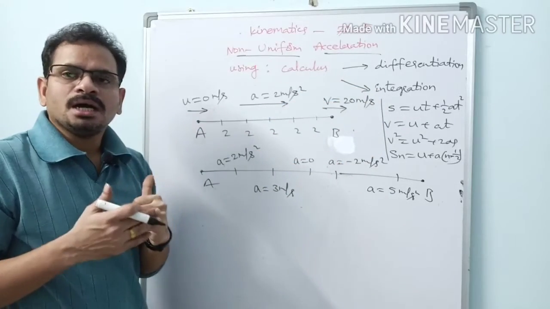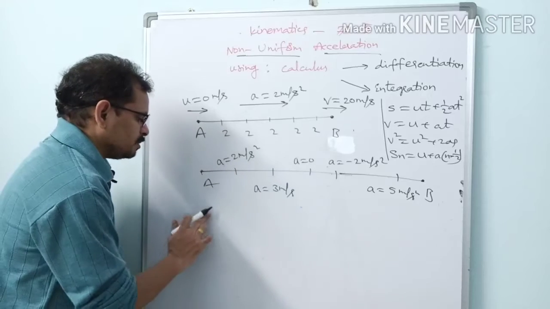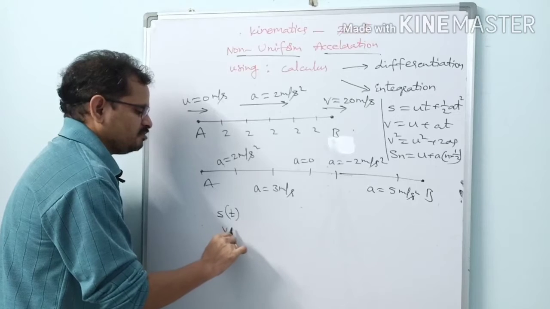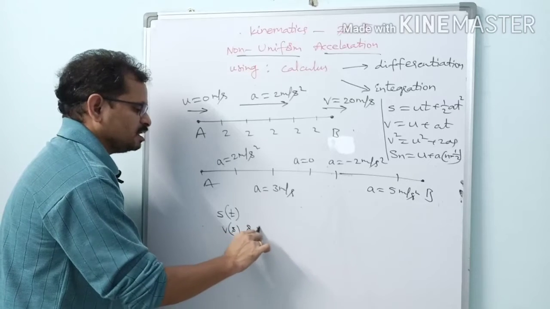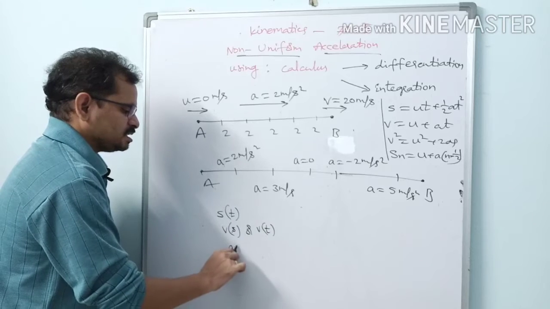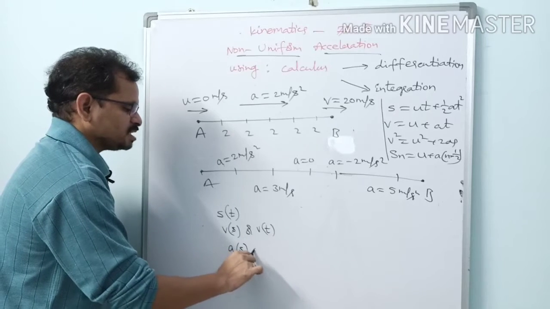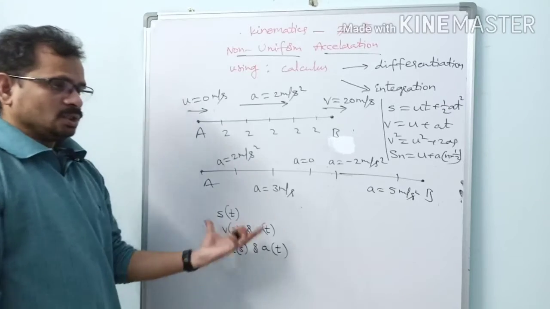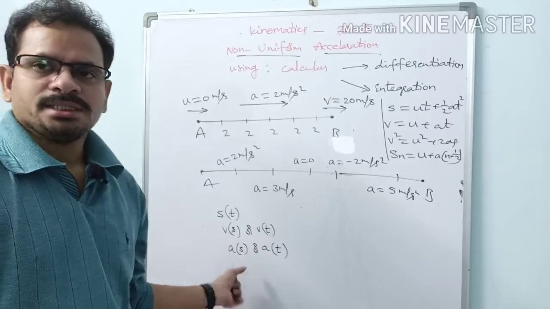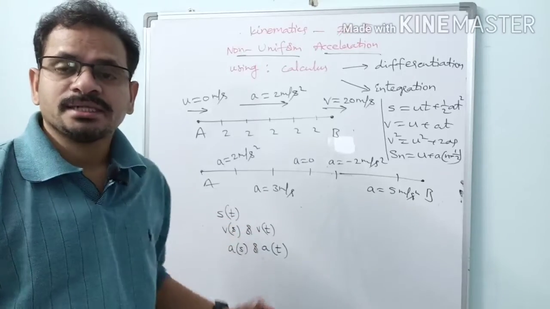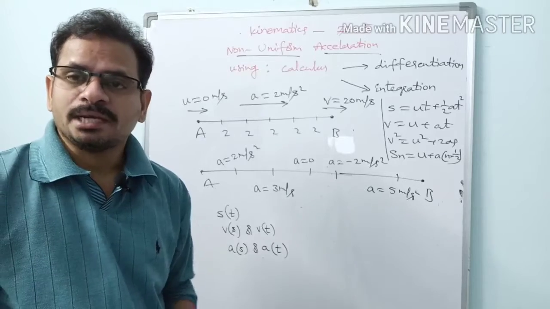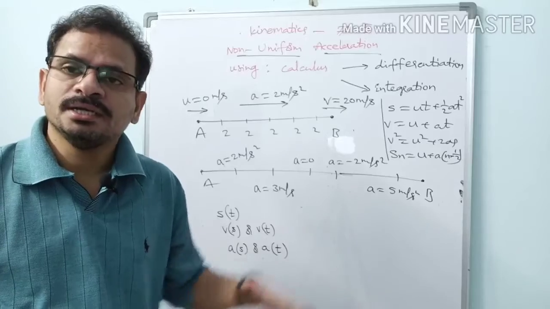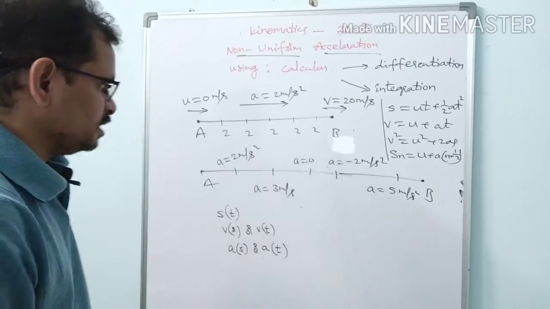And how are the problems given to us? In problems, displacement will be given as a function of time. Velocity will be given as a function of displacement or a function of time. And acceleration is given as a function of displacement or a function of time. So the questions will be given in such formats. Acceleration, velocity, displacement will be given as some functions. We cannot find direct values like v equal to 2 meters per second, as those are for uniform cases. So here these will be functions like this.